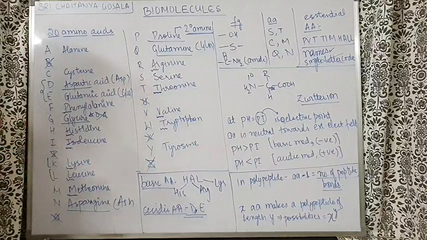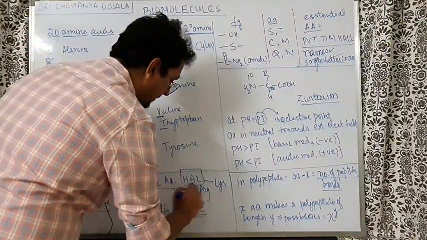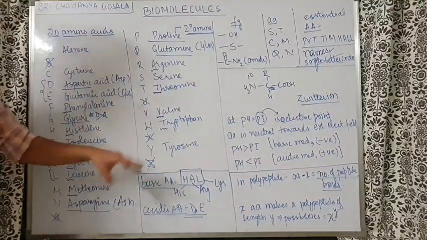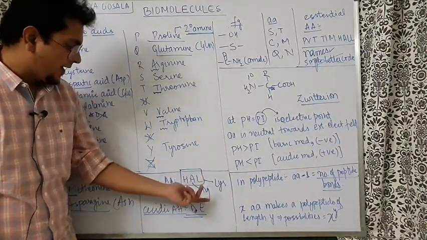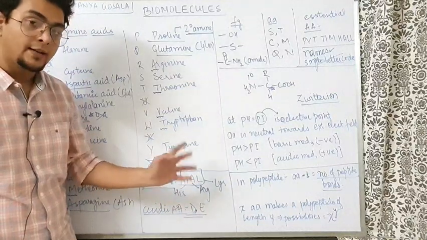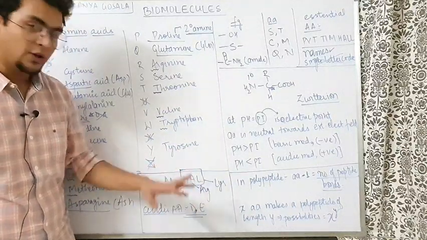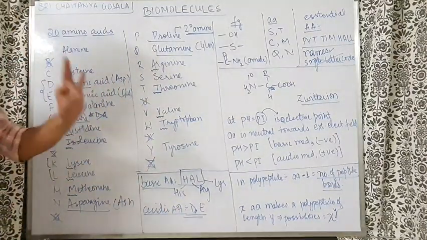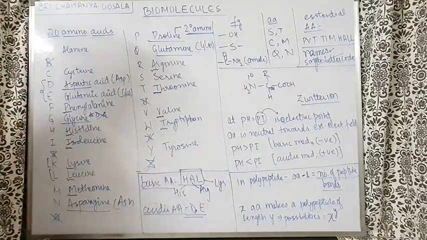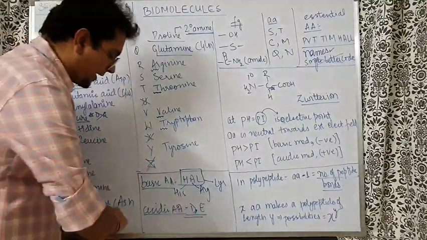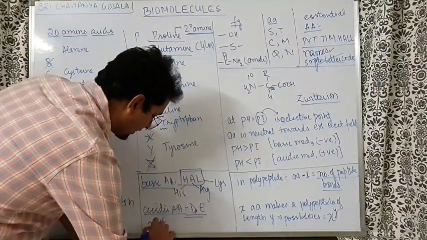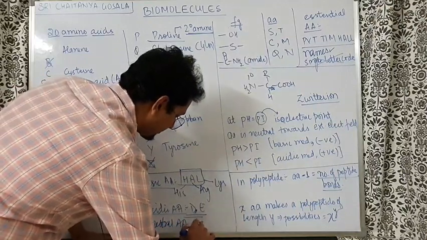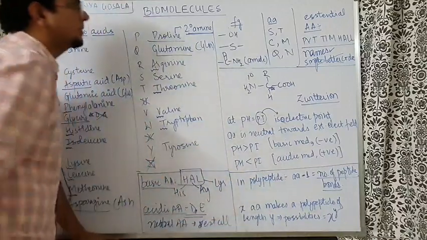Now out of this, which are basic amino acids? The trick is very simple: HAL. HAL are the basic amino acids. These are not single letter codes, these are the names. So H is histidine, A is arginine. Don't write aniline by mistake. L for lysine. So arginine, lysine and histidine are the basic amino acids. Aspartic and glutamic acid are the acidic amino acids. What about the remaining? Remaining all of them we call neutral amino acids.